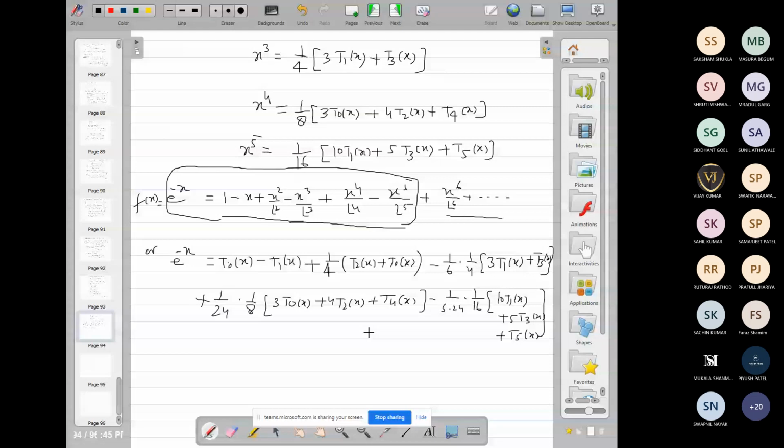So after simplification and collecting the equal powers of t, the coefficients of t0, t1, t2, so it becomes... Actually we want to show one example: if we consider Taylor series for the same order of accuracy, we require more number of terms, and if we express the function in terms of Chebyshev polynomials, then we require fewer terms. Now we are not going to calculate the details of the values.